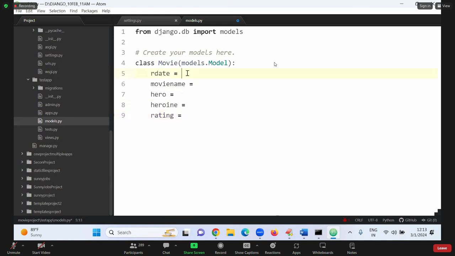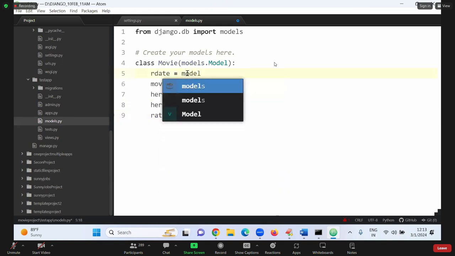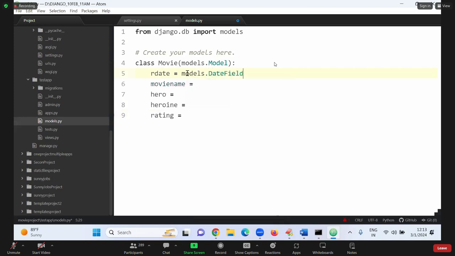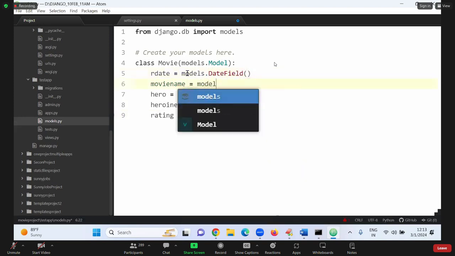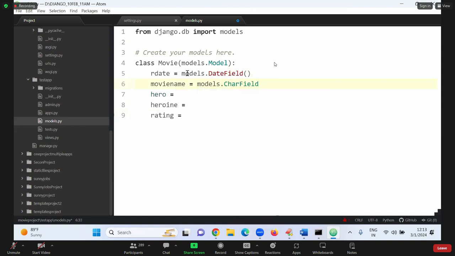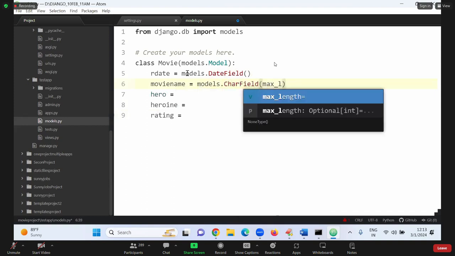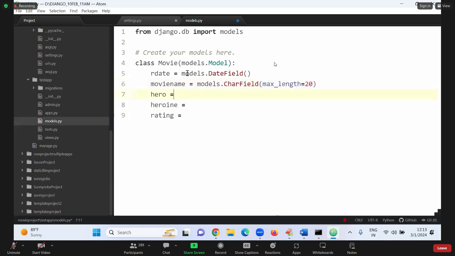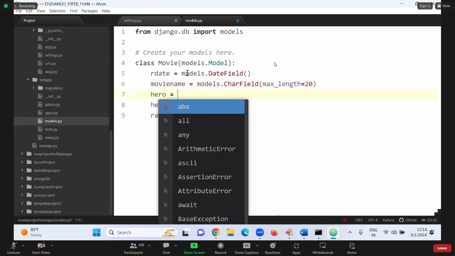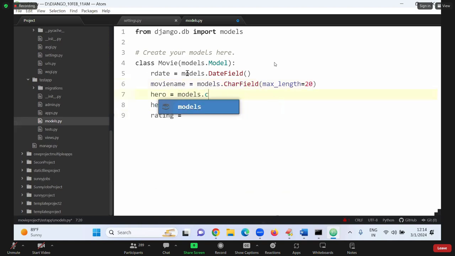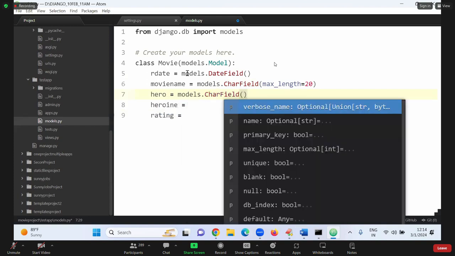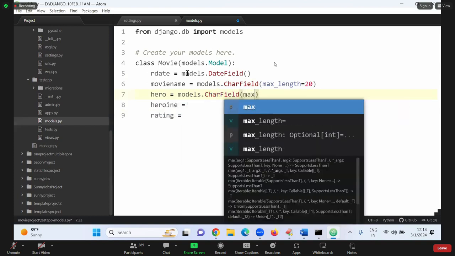Okay. Release date: models dot, what is the class? DateField, sir. Next, models.CharField, sir, with the keyword argument max_length 20. Hero: models.CharField, max_length